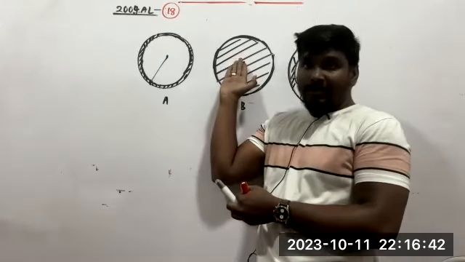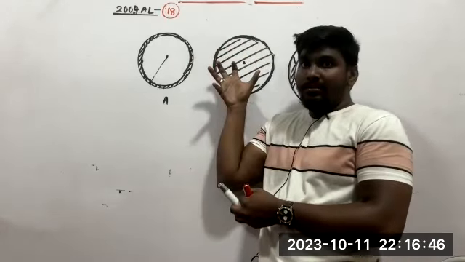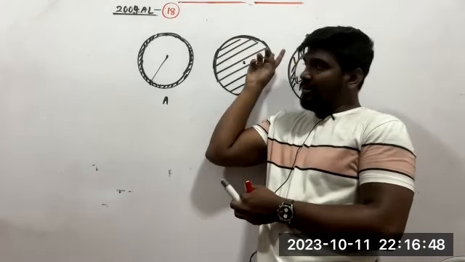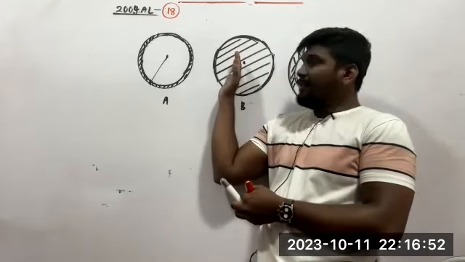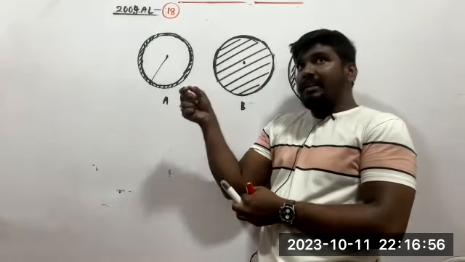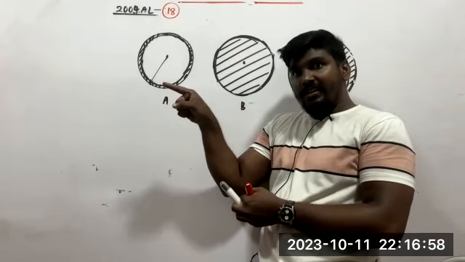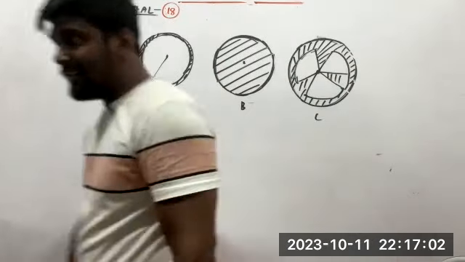Now the second object has evenly distributed mass. Compared to A, this one has larger mass distribution, but this one has smaller mass distribution. Larger mass distribution means larger inertia. Large inertia means, in the question they are asking,